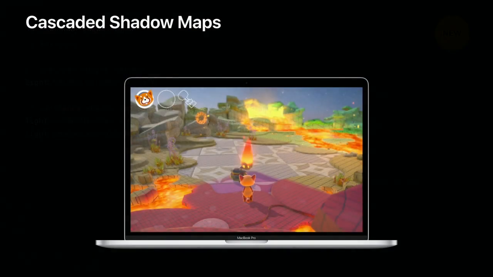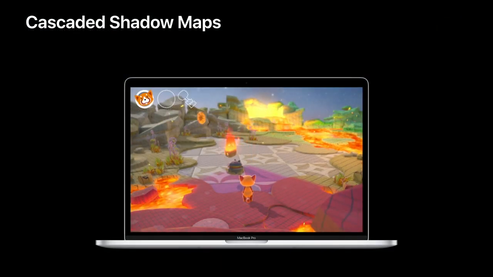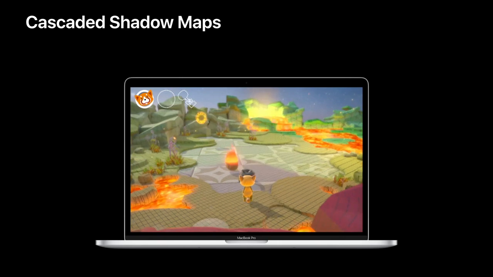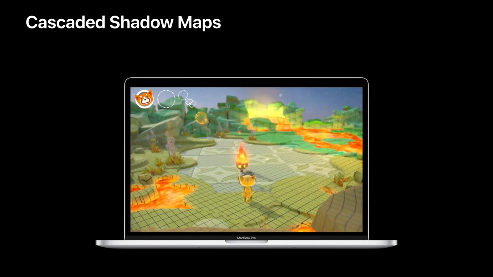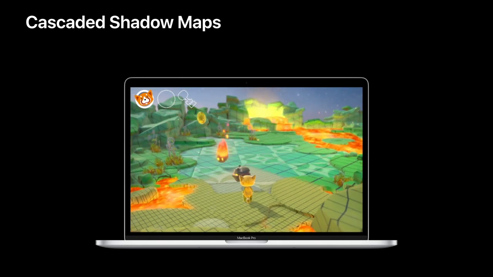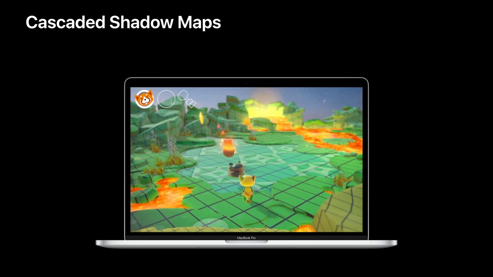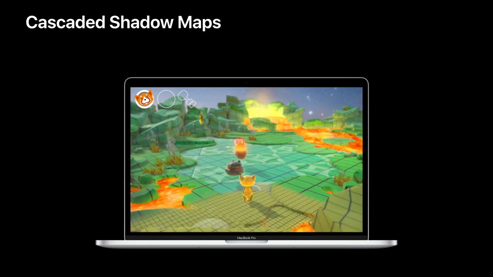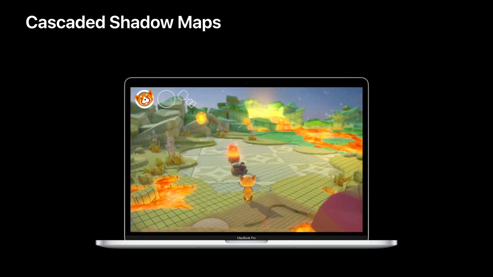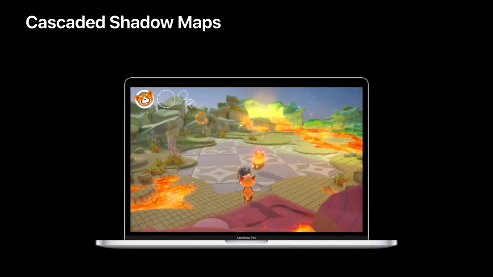For example, this is a recording from our Fox 2 example. And in our case, we are using 4 cascades represented by different color tints here. And here I'm playing with the splitting factor so that you can get an idea of how this impacts the distribution of the cascades depending on the distance from the point of view.